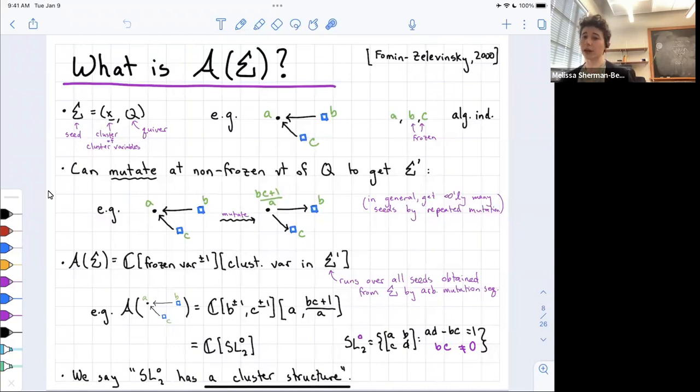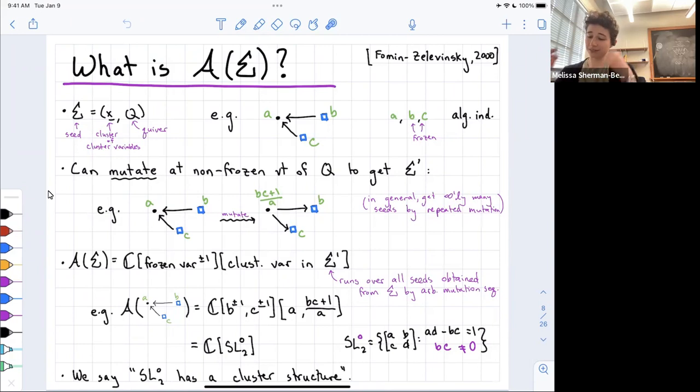Okay, so someone hands me this seed. Now you can pick any non-frozen vertex, and you can mutate. You'll get a new seed with new cluster variables and a new quiver. And then you can pick another vertex and mutate again. You just keep mutating in all kinds of ways. And